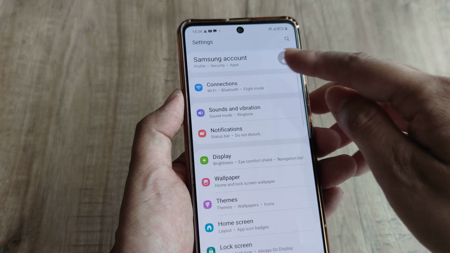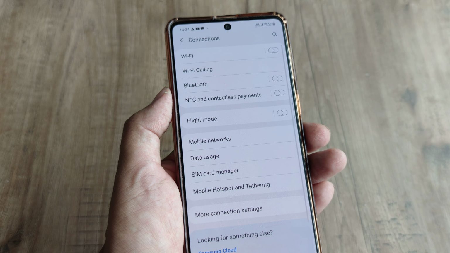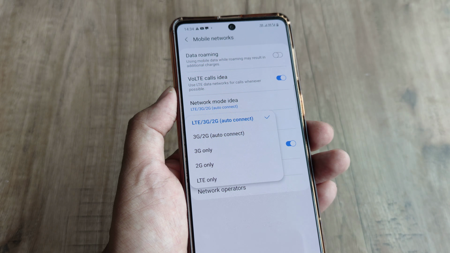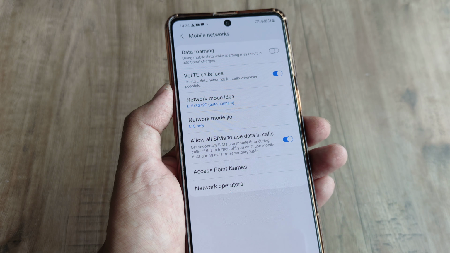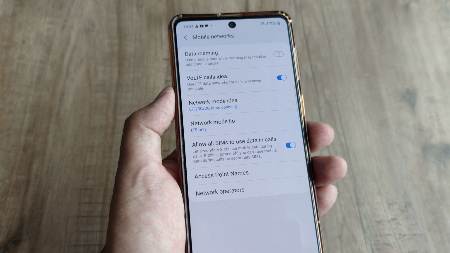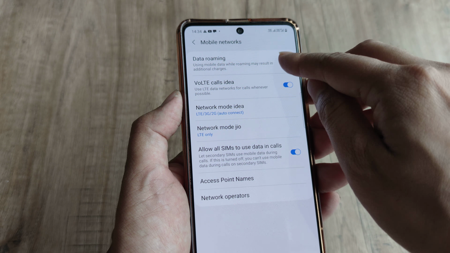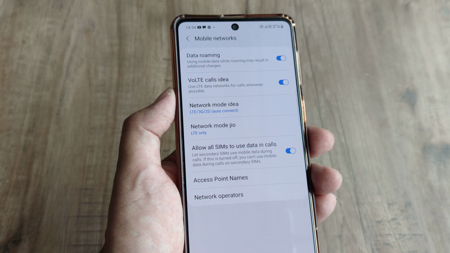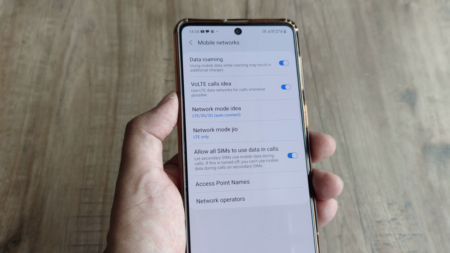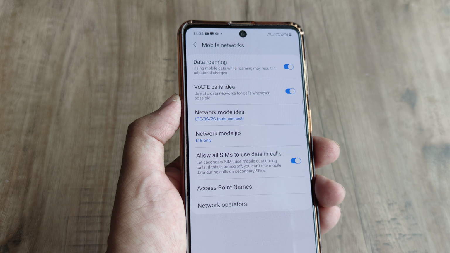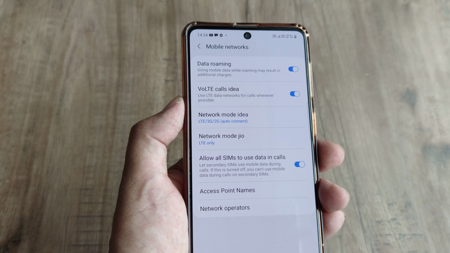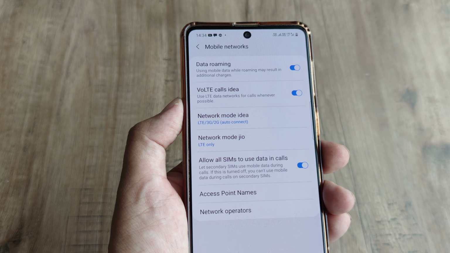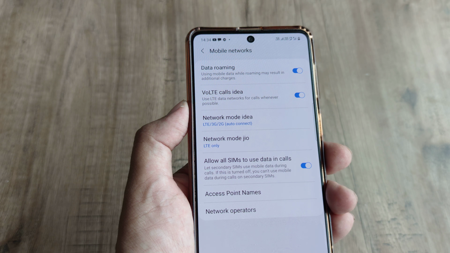Now, please do note that all of this will only work if you have set up your mobile network correctly. For me, it happens to be my Jio SIM and it runs on an LTE network. So I need to select the correct LTE network, and also for me, it happens to be on a roaming circle. So if I don't select roaming here, it will not work. What it means is that I got my SIM in a different state or circle. I got it in Bombay. I am now using this in a different city, and therefore it becomes important that I turn data roaming on.